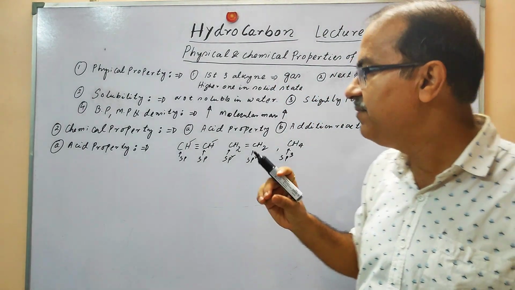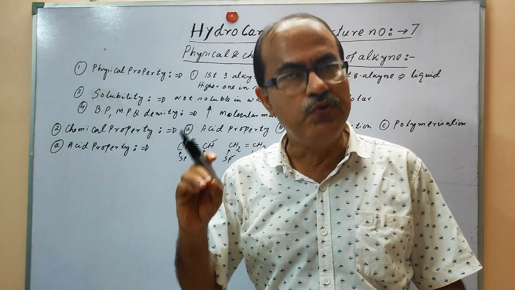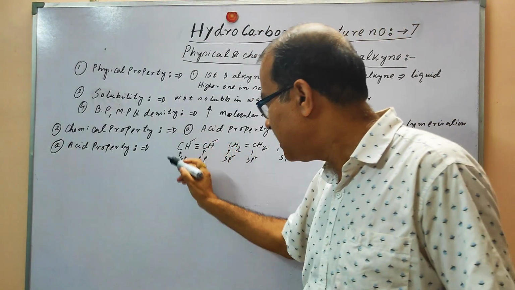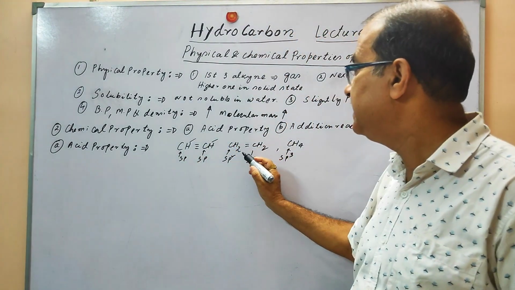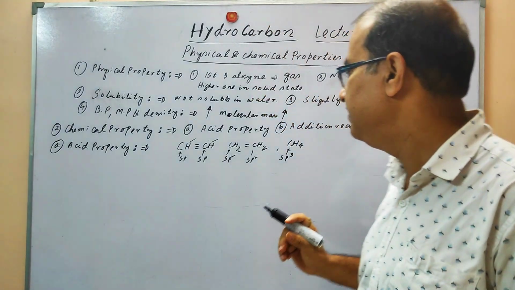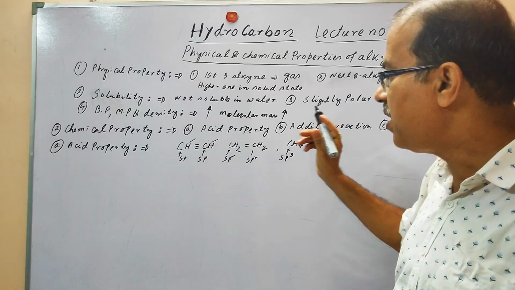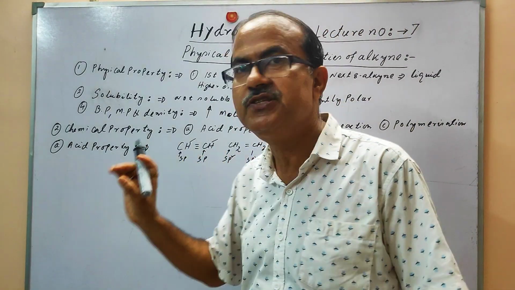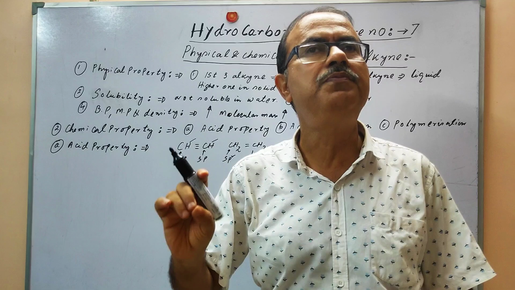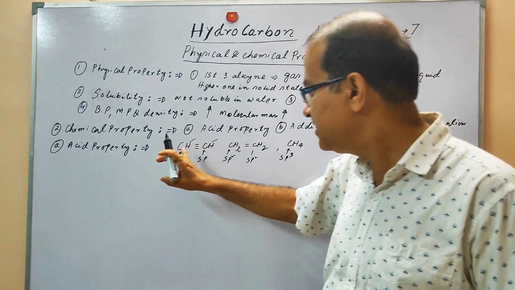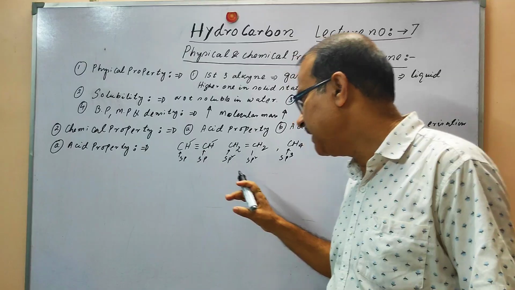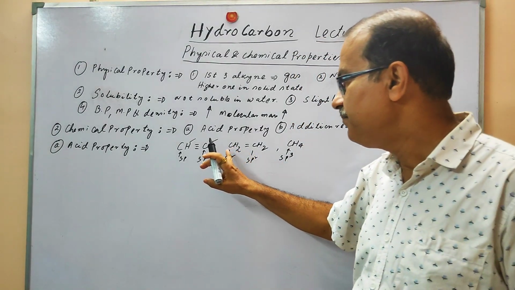And this is a very important property by which we are able to distinguish alkyne from alkene or alkane. So we understand why it is so: the acid property is basically due to the higher electronegativity of the carbon atom present in the alkyne as compared to the